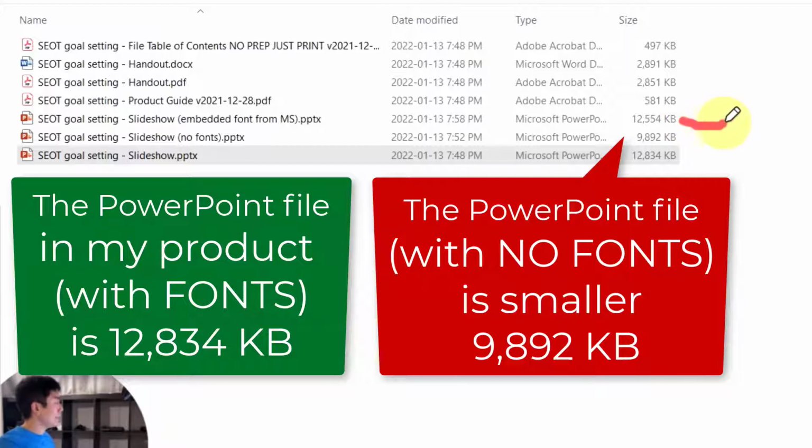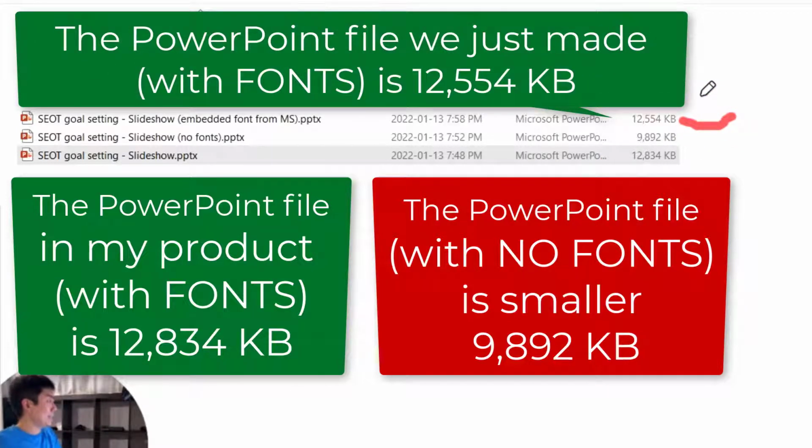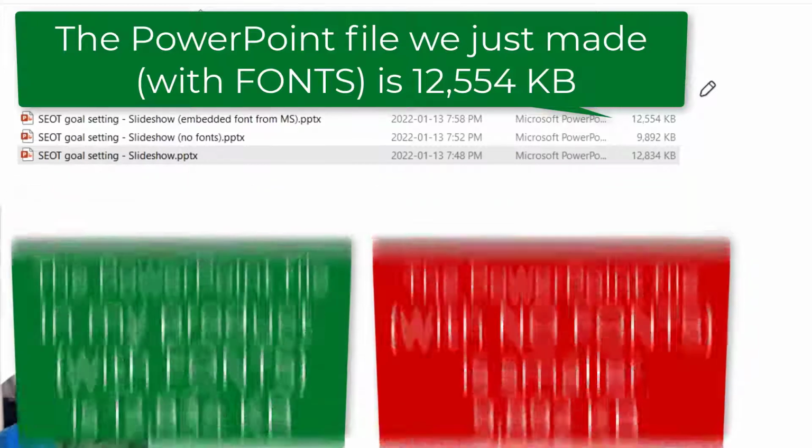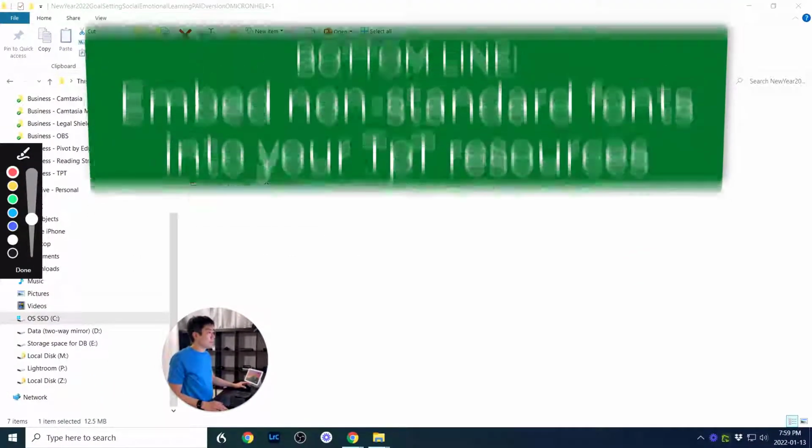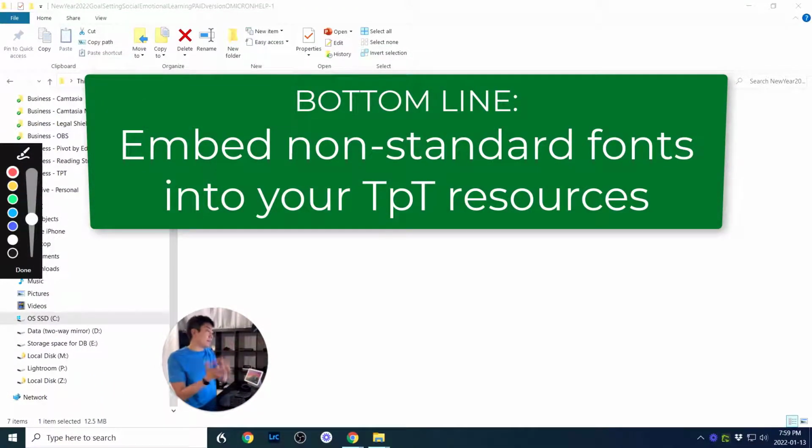And now when I install the font and add it to it, it comes out to 12,554. It's slightly off, and I'm going to guess it's off because maybe it's a different version of that font file. I don't understand. It's a little bit off, not sure why. But bottom line is you're going to want to embed fonts into your documents if you are using non-standard fonts.